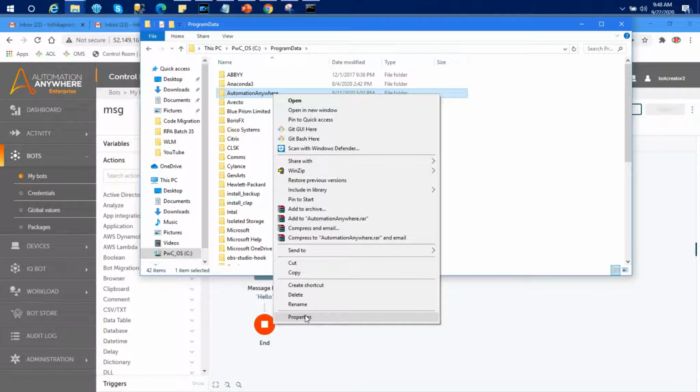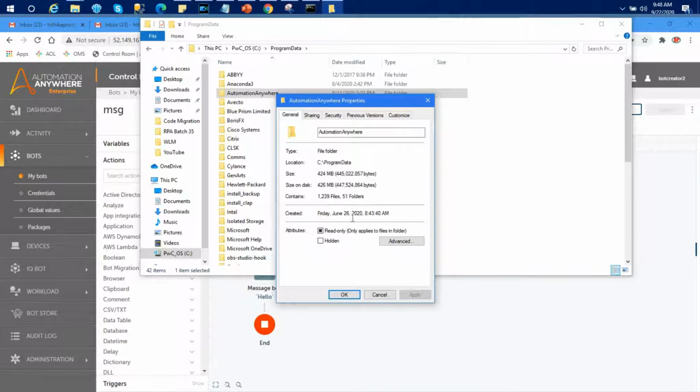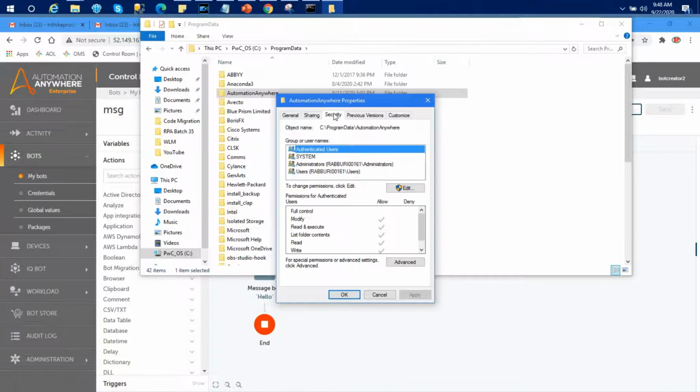So how can we avoid that? You can go to Properties. There you can see Read-only; either you can remove this, or you can go to Security, select Authenticated Users, and click Edit.